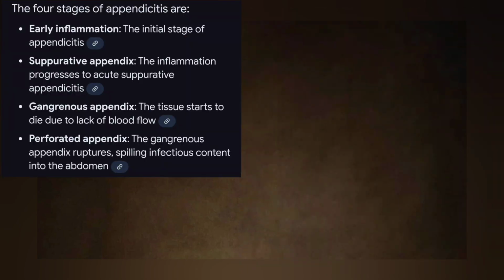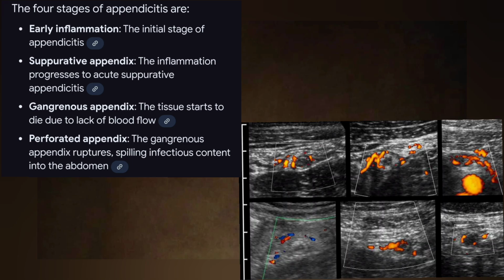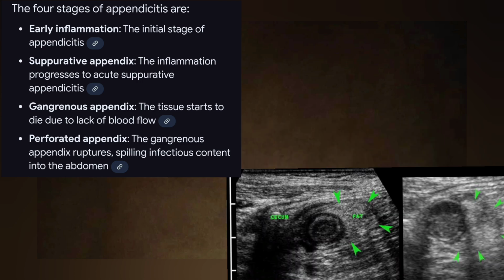Now I will discuss the stages of the appendicitis. There are four stages of appendicitis. The first stage is the early inflammation. In early inflammation, only the appendix is inflamed while the flow is intact in the walls, and the peristalsis is usually absent. The second stage is the suppurative appendicitis, in which the inflammation progressed to the acute suppurative appendicitis, and